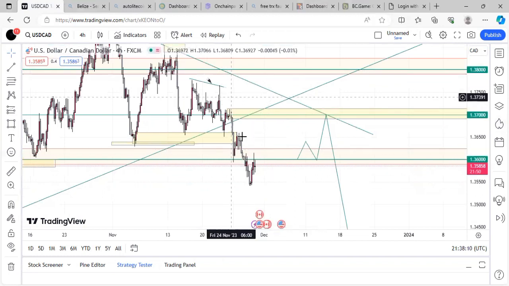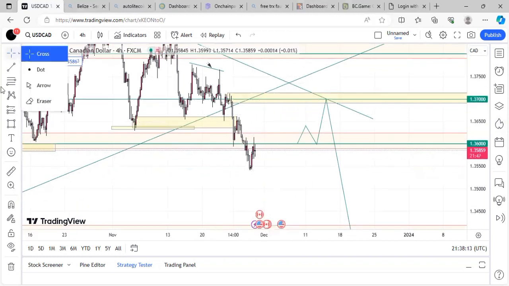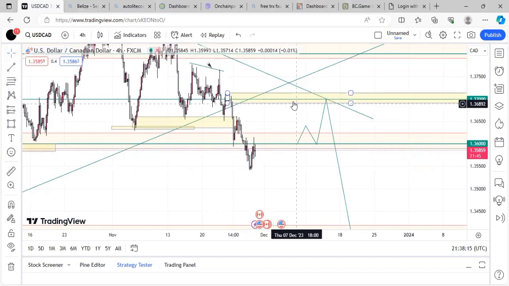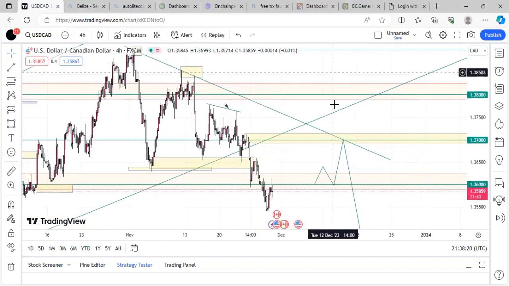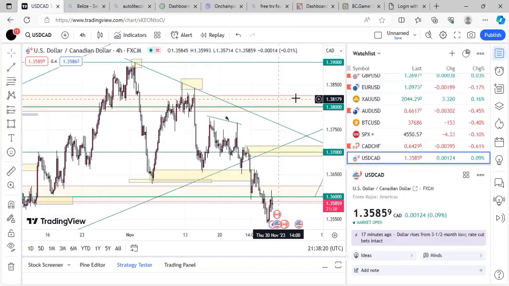1.37 would be a place where I'll be looking out to actually enter the trade to go short on USD CAD. So on gold,